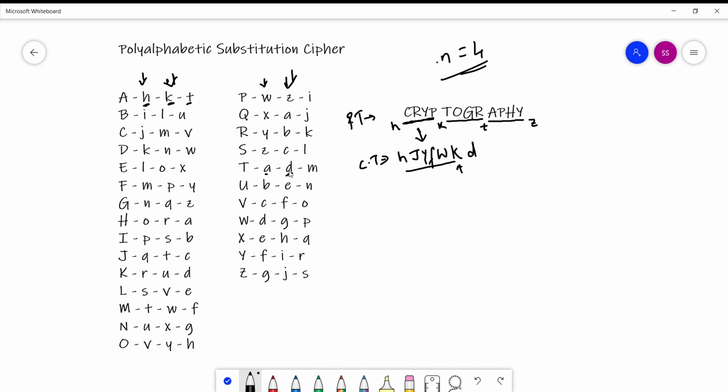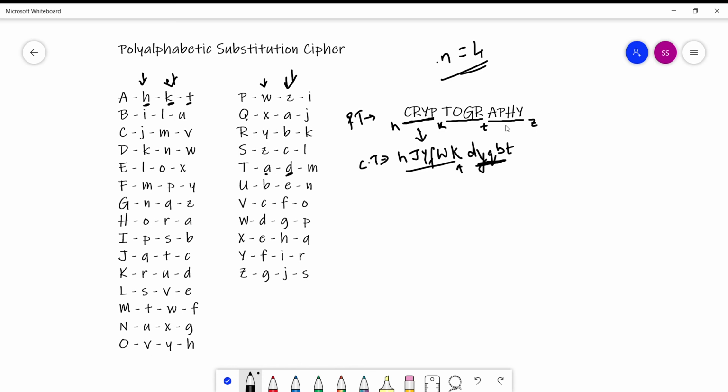O is encrypting to Y, G is encrypting to Q, and R is encrypting to B. And I will end it with T. So this will be my ciphertext for the second cluster.